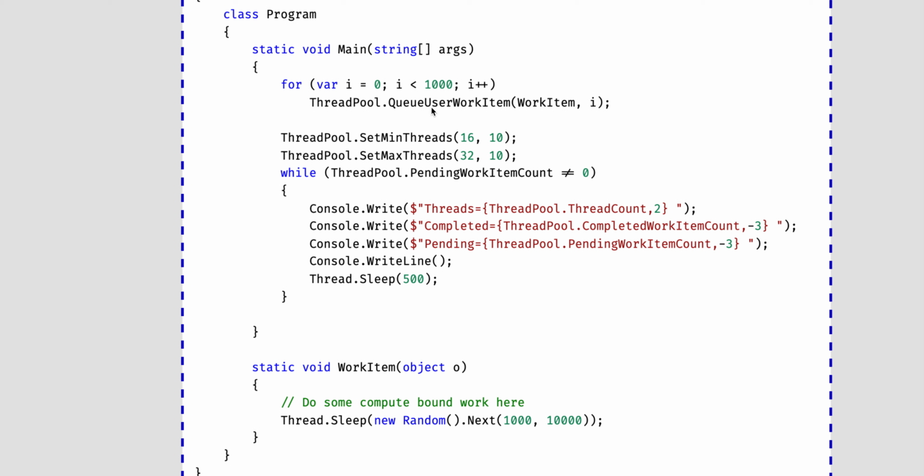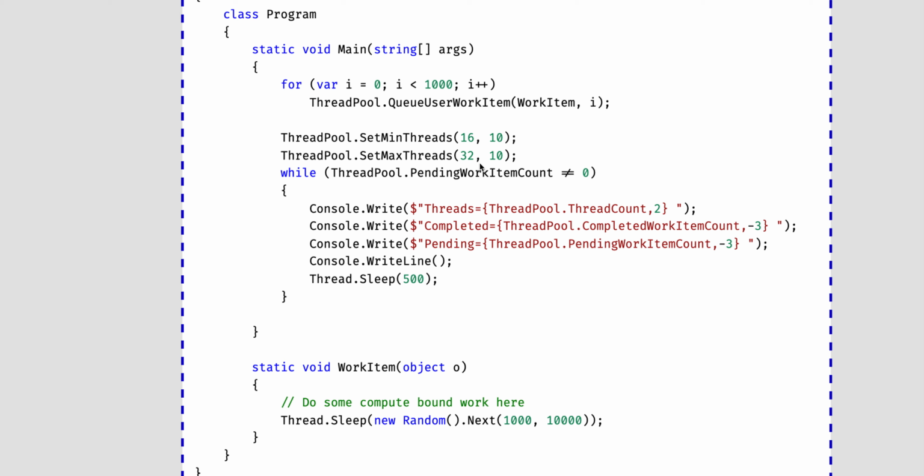So here is a scenario where we are scheduling 1,000 work items, but the thread pool is limited to 32. So what effect does it have? Well, at any given point of time, not more than 32 threads would be created. So this is not the runaway scenario where we had too many threads bogging down the CPU.